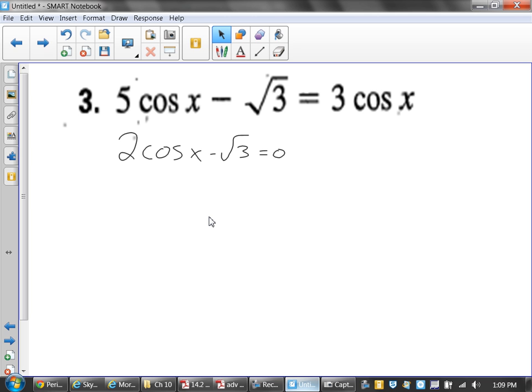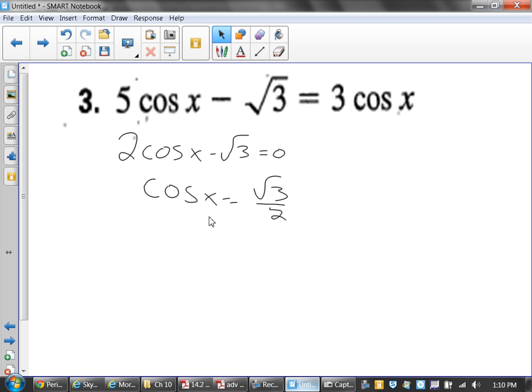Why not set aside equal to 0 right off the bat? Because then you wind up with cosine of x equal to root 3 over 2. By squaring both sides, you're creating a sum of squares, and then you wind up having to factor all that through. It's just not going to get you anywhere. I didn't really get very far. Always set aside equal to 0, because then right off the bat, you wind up with